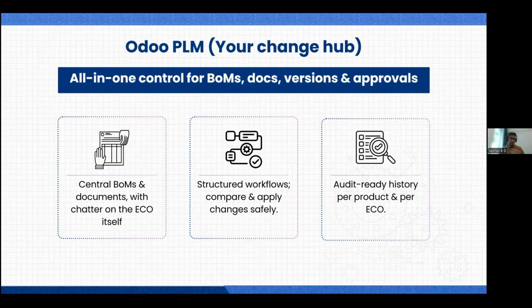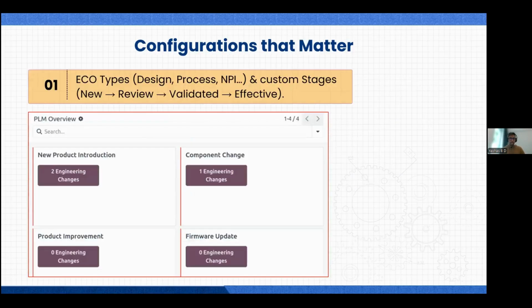And as I mentioned time and again, it is purely audit compliant, where everything is recorded and documented. For example, if a particular product has 4 bills of materials, out of which one of them is active now, we can also see when the other 3 were archived. That is, when the recent bill of material was approved, the previous one got archived. When was that done? Who approved that change order? Was there a change order in the first place? How many levels of stages did it go through for getting updated? When was it effective? All this will be available for auditing purposes.